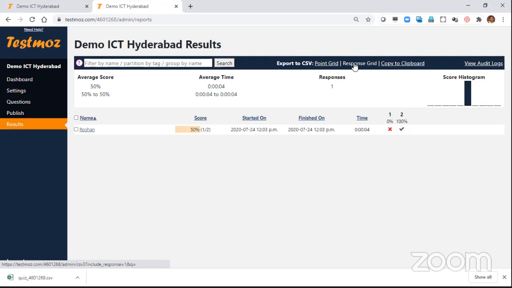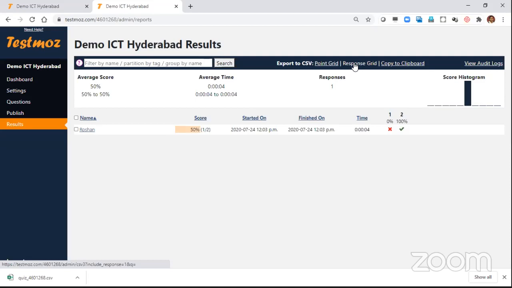So 3 tools we have discussed for assessments: Google Forms, Microsoft Forms, and TestMo. If you are interested, there is one more, Book Widgets. I'm not going to discuss it. I'm just giving you the name, Book Widgets. It's not completely free. When you sign up, you get a 30 days free trial. It's a beautiful tool, like TestMo's, no limitations. Book Widgets, please explore it, but it's not completely free, so I'm not discussing it.